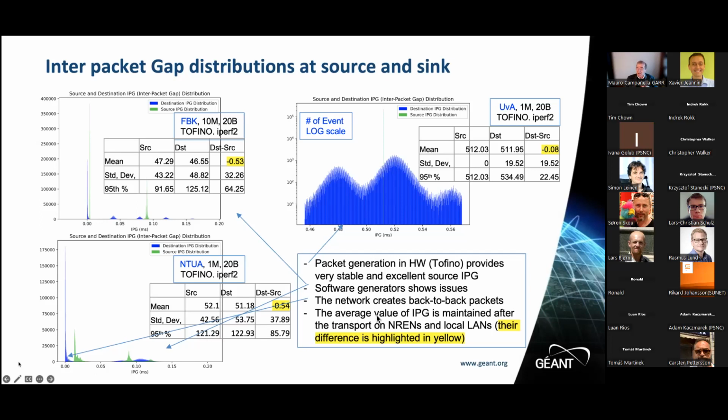The network creates some back-to-back packets. This blue peak here shows that, after the network, what was already available as a source, because these almost zero interpacket gap says the two packets were much closer than expected, and they were even more close, quite more close than expected at the end, which means that something in the network brings some couple of packets or some trail